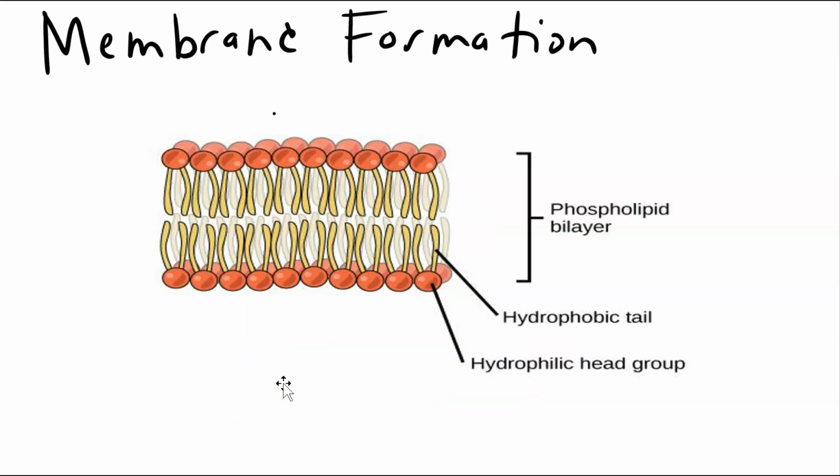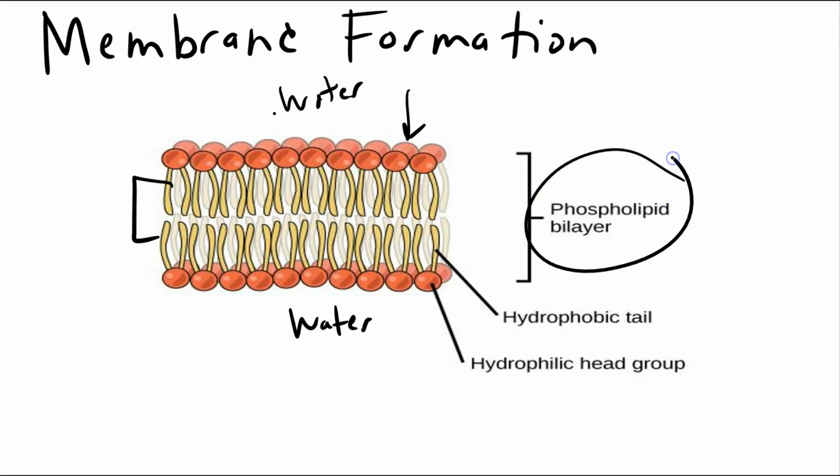That's important for us as biology students because when you put a bunch of phospholipids together, they will behave in a manner that's reflective of their biochemistry. In this example here, you'll see the polar head groups orient themselves out here towards water. Likewise, on this side, you'll see them orient towards water, but the inner hydrophobic core will orient themselves towards each other to avoid water. And what that does is it gives us the formation of a phospholipid bilayer, a cell membrane. That's really important for living things, and really important as we turn our attention here shortly to cell